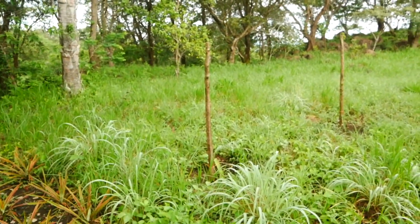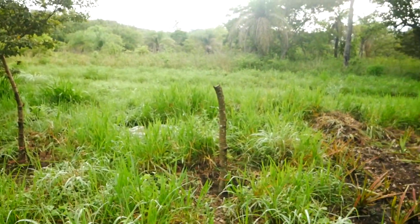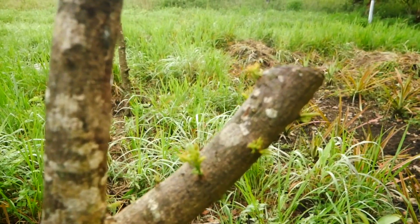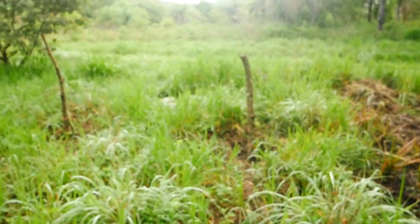Right beside this all, we've got some jocote posts. So jocote is a tree that grows here and bears a small fruit. It's a bit sour, but can be alright, and I think would be really nice in some jam or something. And it grows well from posts. So I cut these branches off of a larger tree and planted them in the ground right here,